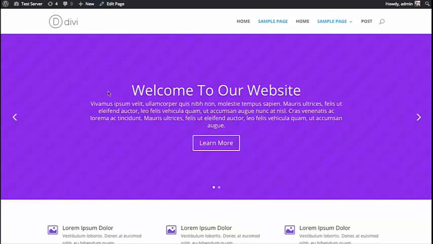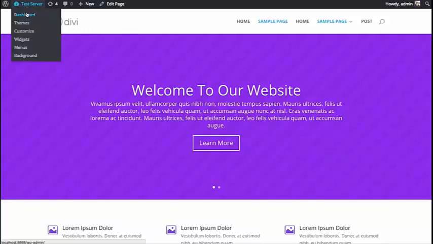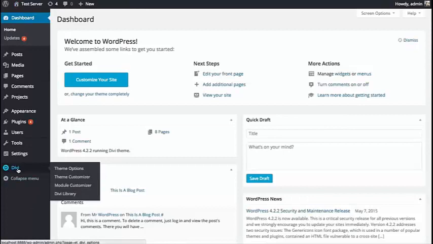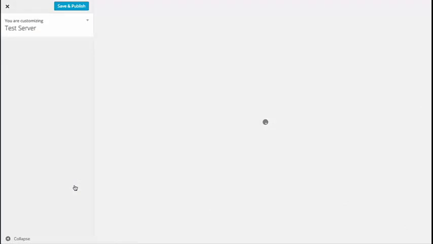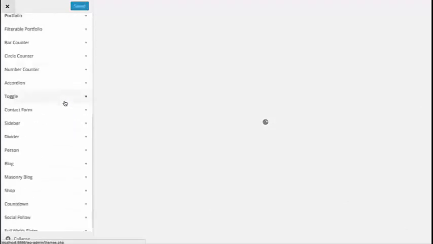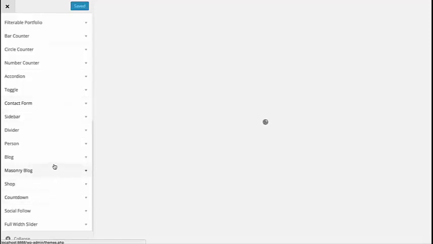So first things first, let's access the module customizer, and to do that you're going to want to head over to your WordPress dashboard and then find the Divi link, hover over it, and then click the module customizer button. This is going to load up the module customizer, and on the left you're going to see a list of all the modules that come with Divi, and if you open up any of these tabs you're going to get